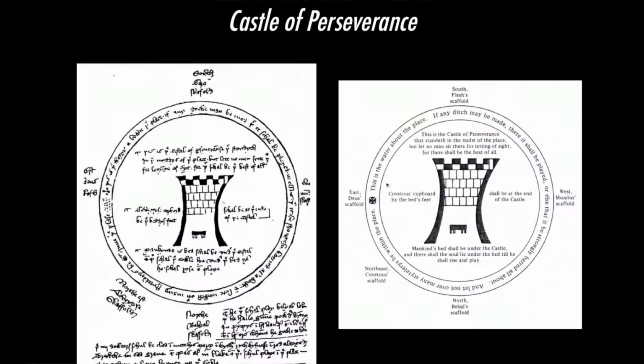And the only indication we really have about where the audience would be sitting here is stating not to allow anyone to actually sit on the castle itself, because that will be the best place to view the play. And you don't want to let people sit on the castle because then they're obstructing the performance. So what we have here is a single diagram of how one of these plays might have been performed. And we can compare that with the